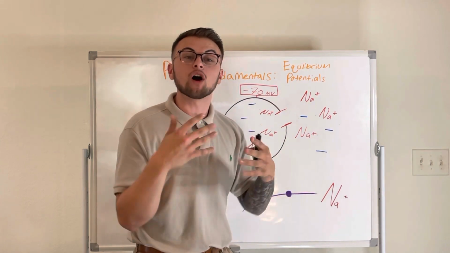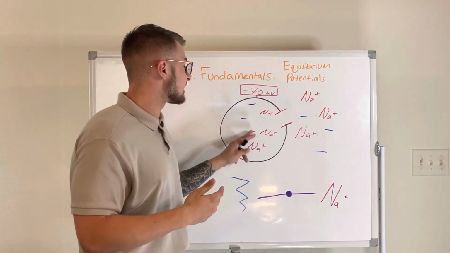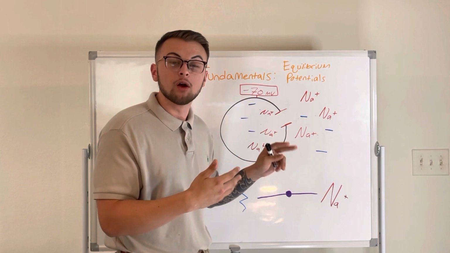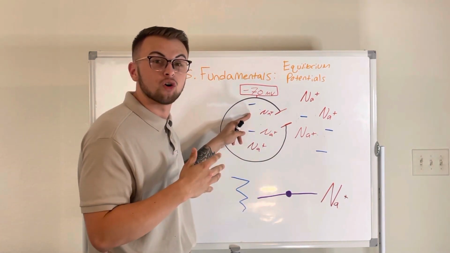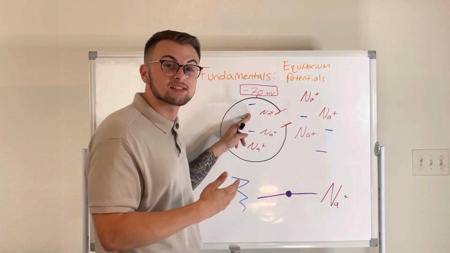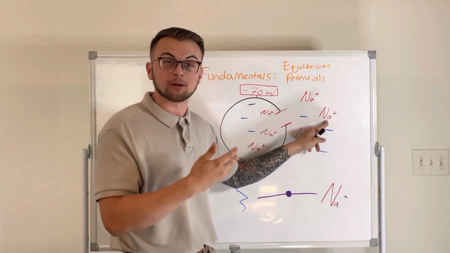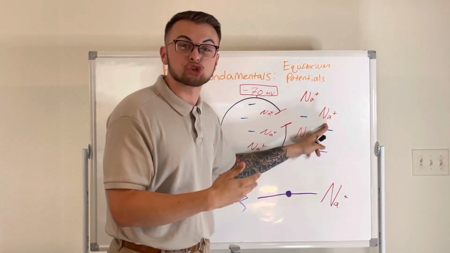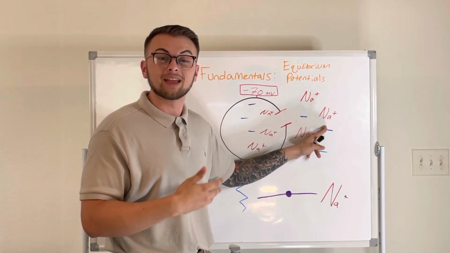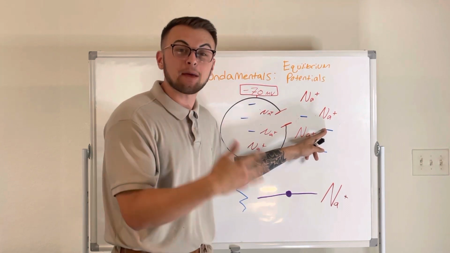Now, on the other hand, we have our negatively charged cell. Because opposites attract, our negatively charged cell will attract our positive electrolyte, sodium. At this point, there is a high electrical pull into the cell, and there is a high chemical pull into